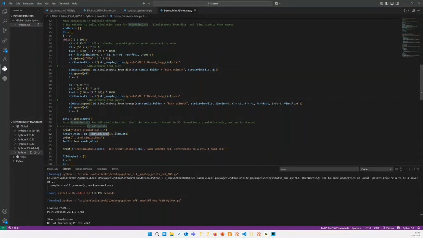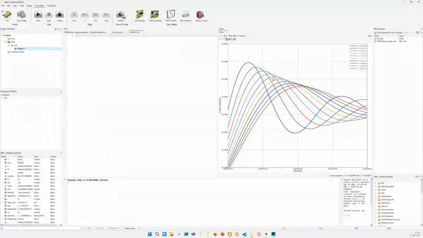Let me say that this function has a problem right now in the latest version, and we are working on fixing it. We're expecting this to be fixed in version 2026, which will bring major updates both for the Python API and for HyperStudy. So please stay tuned and make sure to download version 2026 when it's released. Moving on,